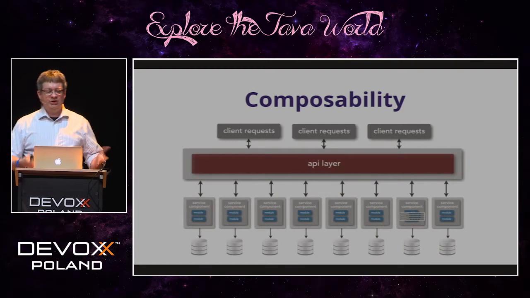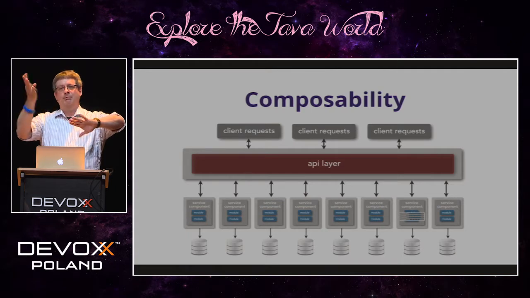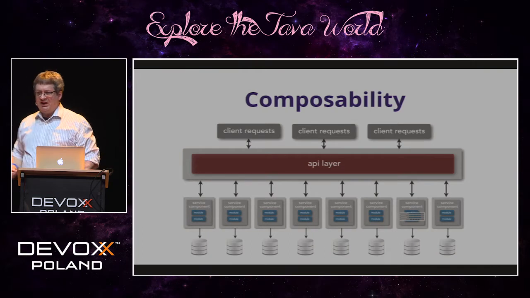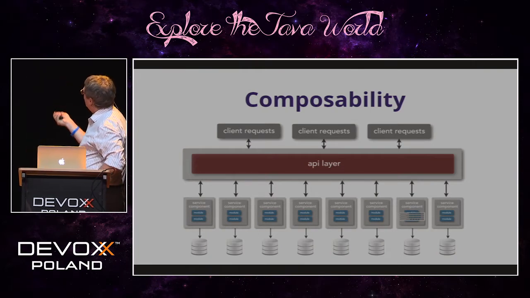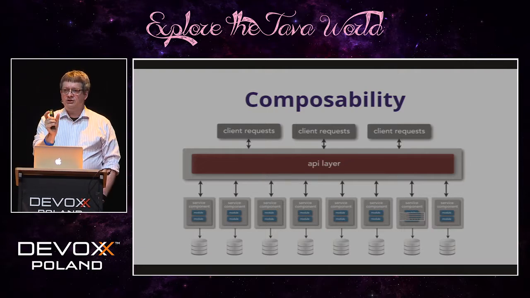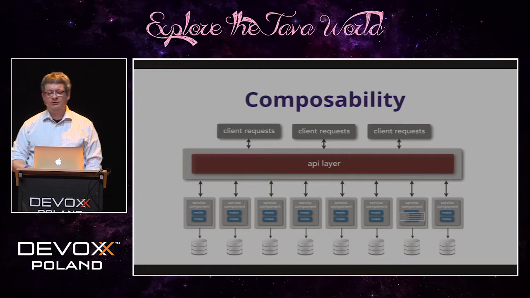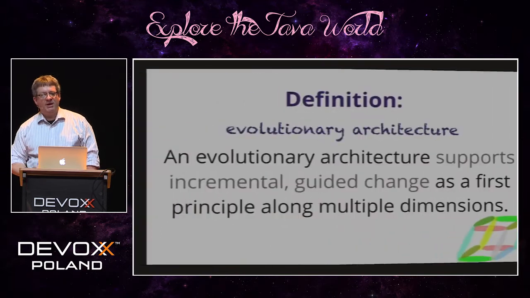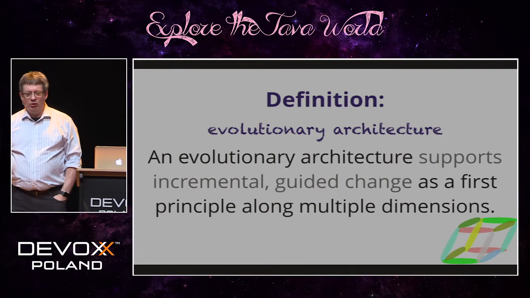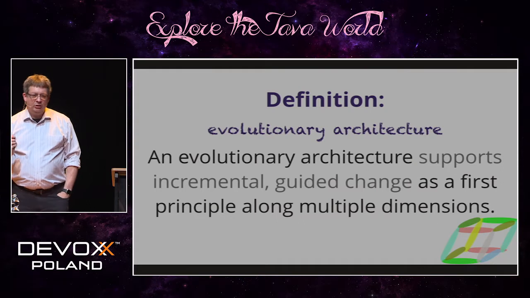And so notice these architectural patterns will compose inside one another very often quite cleanly, and by composing them together you actually increase the opportunities for evolution, because in this case, obviously I can evolve this guy any way I want, but inside here I could change out one of the layers, or I could change out some of the behavior within one of the layers because of the composability of architectural patterns. So that's the first part of my definition. An evolutionary architecture supports incremental guided change as a first principle along multiple dimensions. That's the dimensions part. Let's talk about incremental change next.